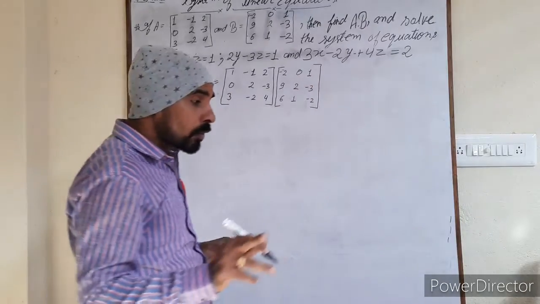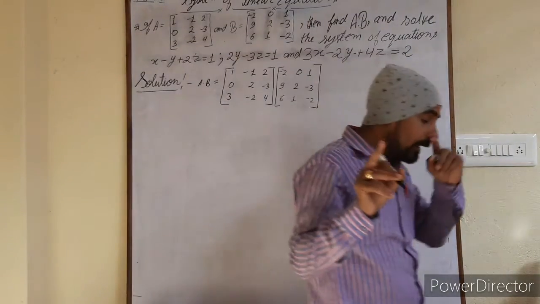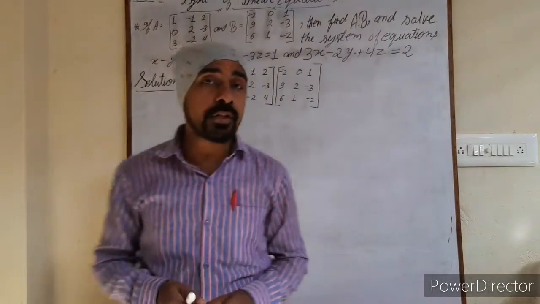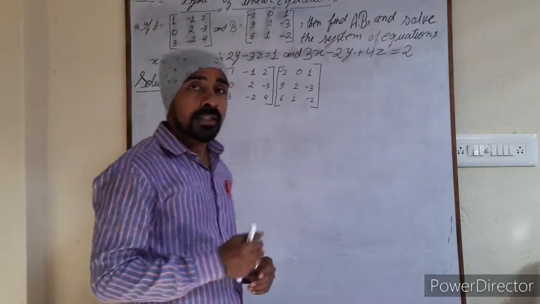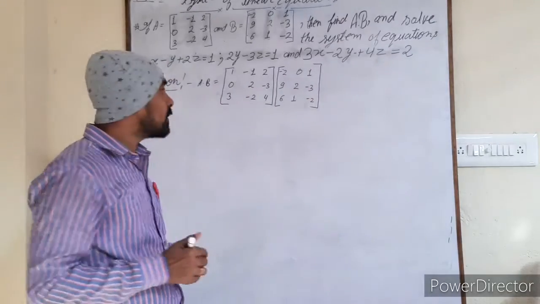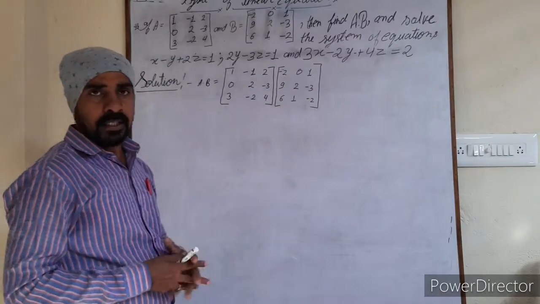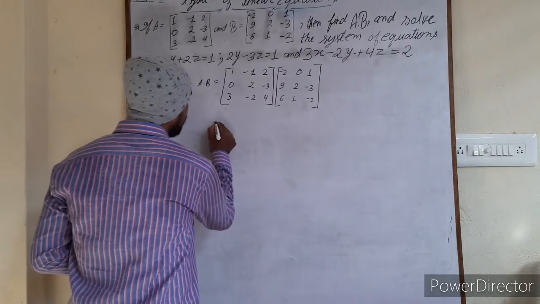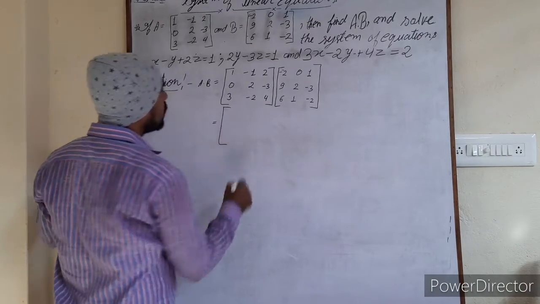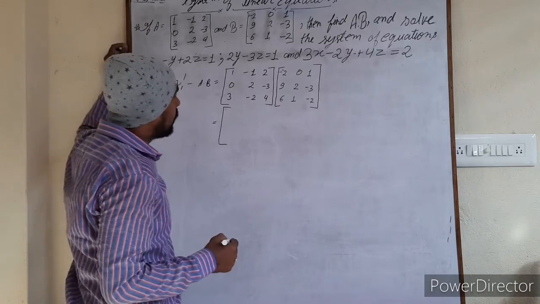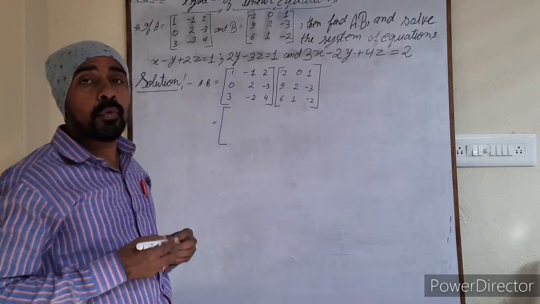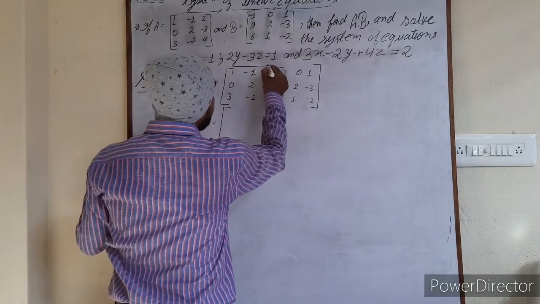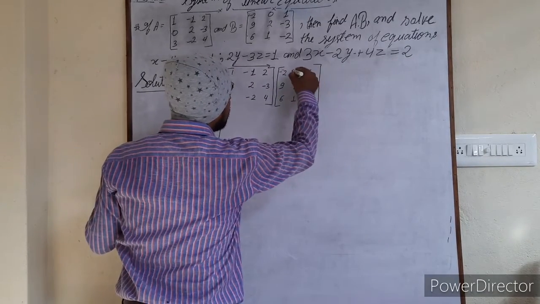If I am not wrong, this question came in the 2011 board examination. So you cannot ignore this question as well as its solution. Even my students know how to solve this. Just try to revise it by seeing the solution that is being solved by me. So what we have to do, we have to apply the row-by-column rule, that is, this row multiplied by this column.